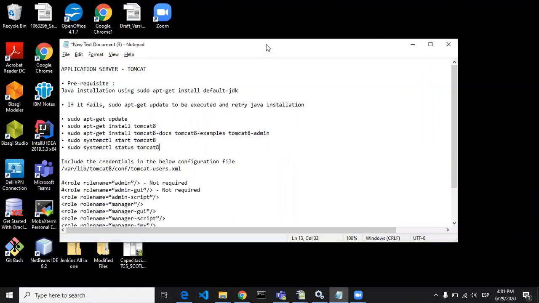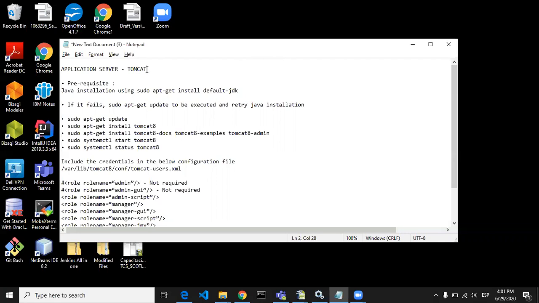In my previous tutorial, I covered how to create parameterized jobs and how to call that parameterized job from an upstream job. Okay. So today I'm going to show you how to create a job which will deploy your application as a WAR file, and that deployment will happen on a Tomcat server. Okay. So for that we will need to install Tomcat.